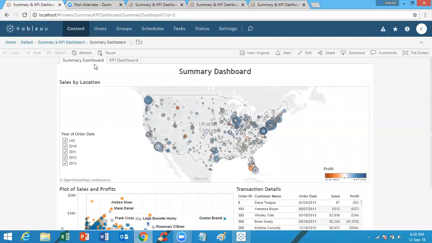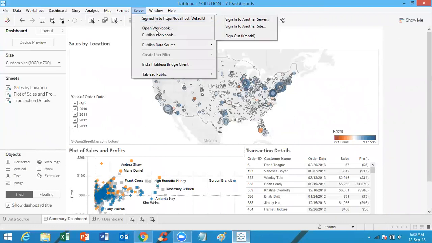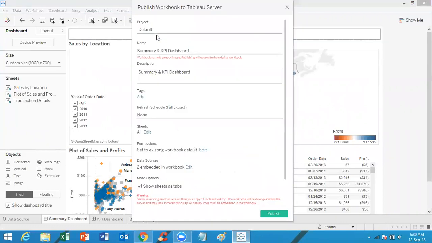So if you keep the default like this, the project will be saved onto the default project. At the time of publishing, if we select show sheets as tabs, then Tableau will display